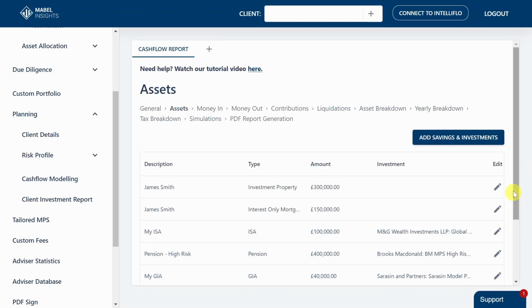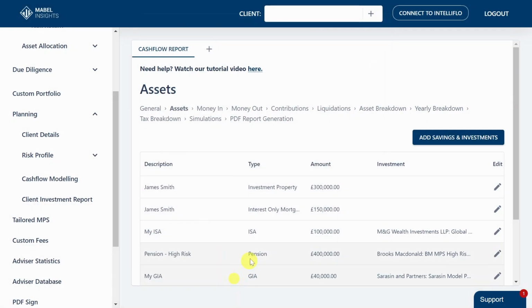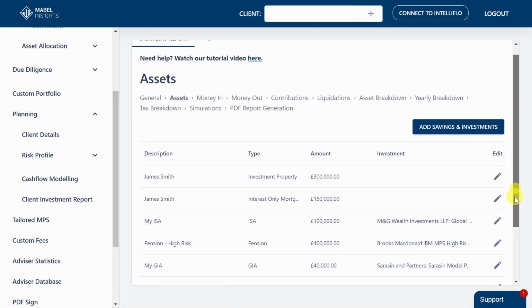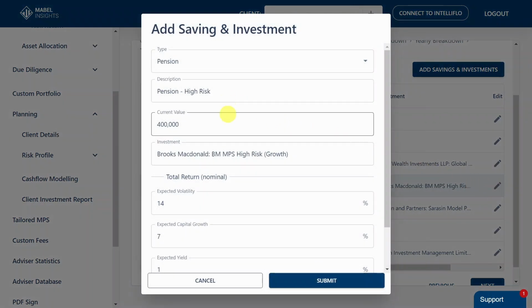Press Create to continue. The Assets section is where you can input all the savings and investments your client has. This includes cash, ISA, GIA, pension, onshore and offshore bonds, and investment properties. To help with decumulation strategies, you can add multiple tax wrappers and investments, which can be used later to optimize